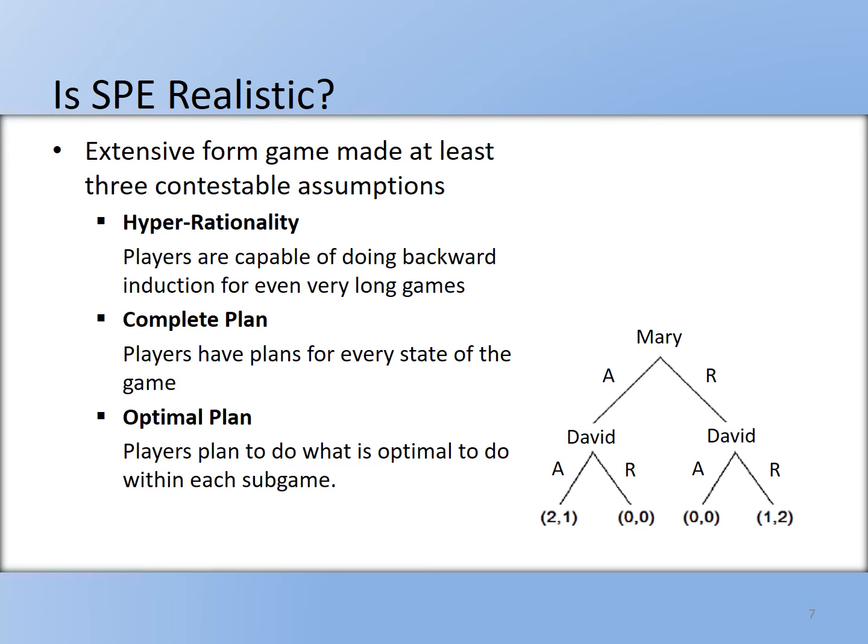Player plans have to be optimal within each subgame, but as we already mentioned, people routinely make empty threats, right? Children threaten to jump off a building. Couples threaten to break up, right? So empty threats, which happen in the real world, are not allowed in the subgame perfect equilibrium, which once again removes